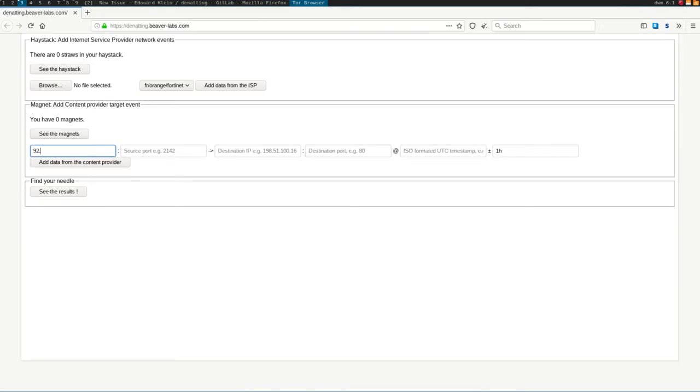First, you need to enter the IP, the source IP. So this IP belongs to the internet service provider. If you know the source port, you can put it there, but usually you won't know the source port. If there is information you don't know, you can just leave the field blank. That's okay. If you know the destination IP, you can put it, and the destination port, but usually you won't know them as well. For example, Facebook doesn't give away the destination IP.